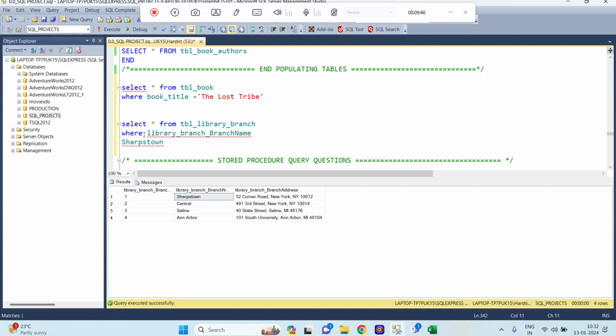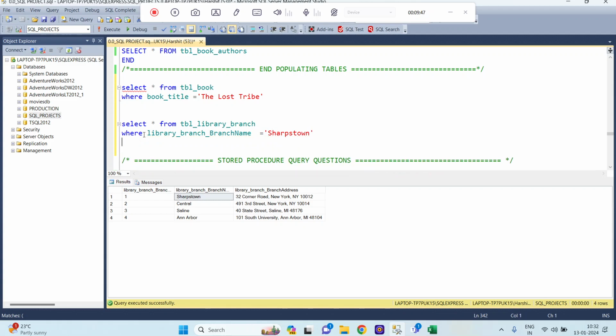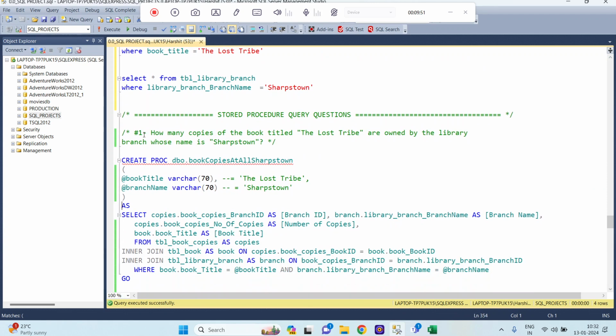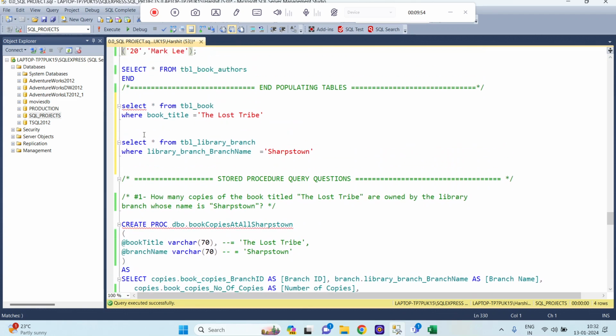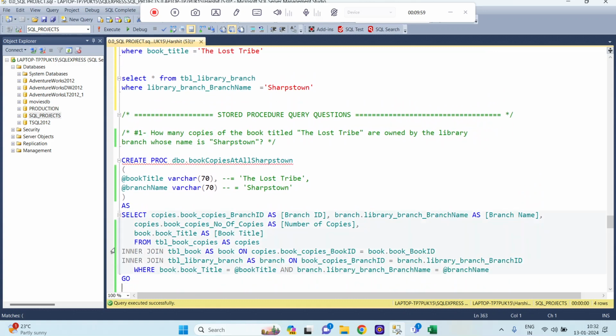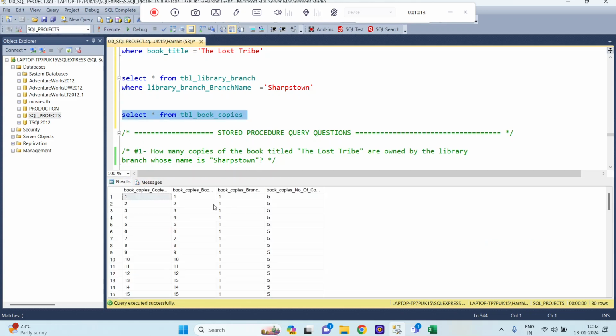Where... now what we need to do, we also require the book copies table as well, right? Because how many copies of the book title are owned by this library. So when I run this final table, the TBL book copies table, so now